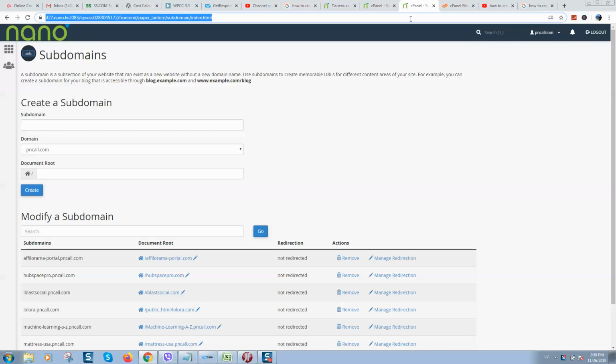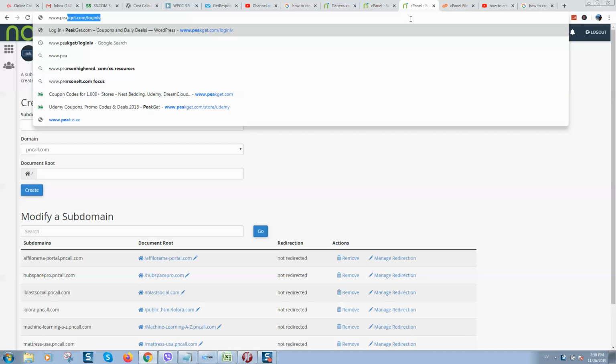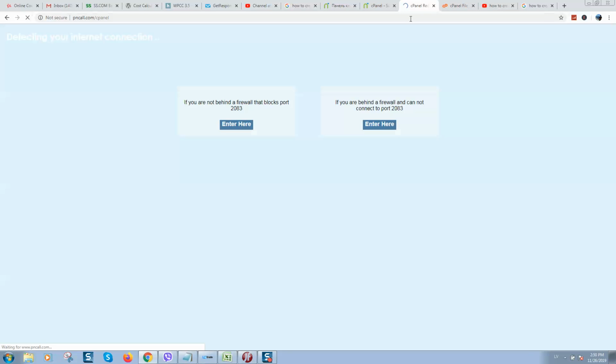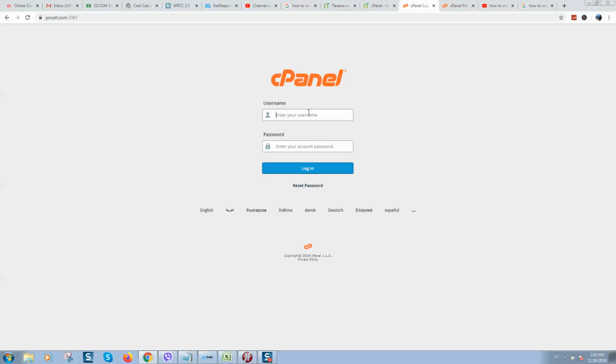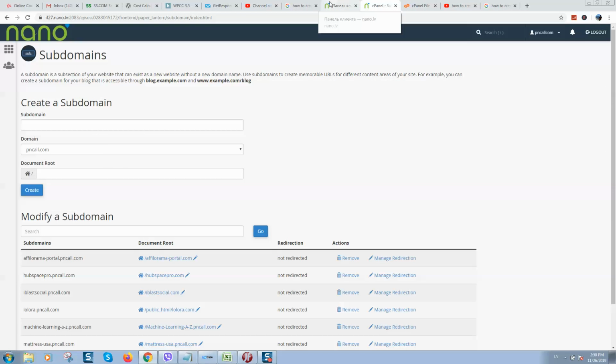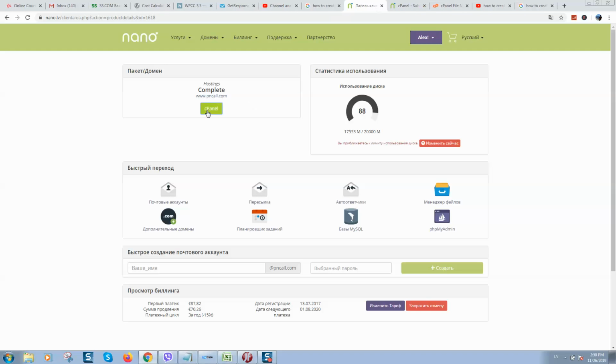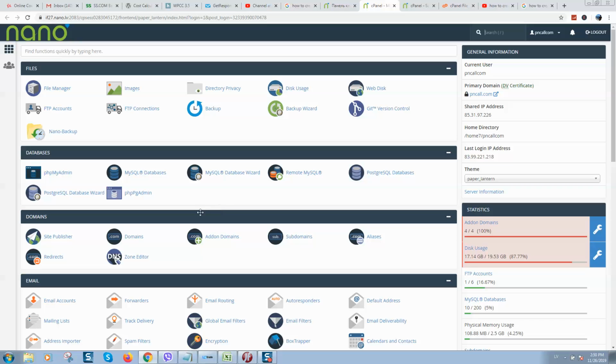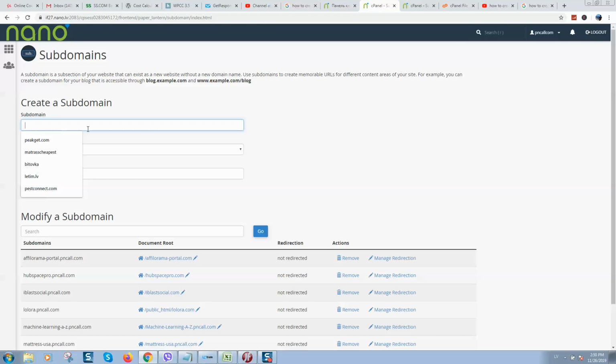can simply type your website / and type here cPanel. Click on enter and it will redirect you to cPanel. Simply enter your hosting details here, like login name and password, and after that you will see cPanel like this. So okay, as I said before, click on subdomains and simply type the domain name